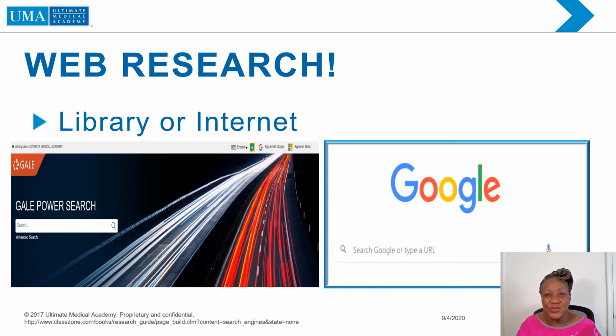And because each resource has its benefits and limitations that the other one doesn't, we want to make sure that you examine the pros and the cons, or the benefits and disadvantages, of both the library and the internet information.